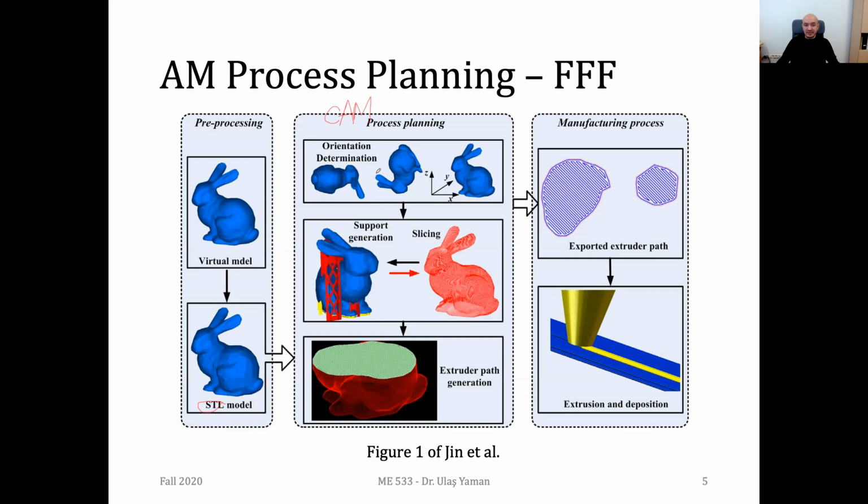We try to find the best orientation for printing since we may need to use support structures. The red ones are the support structures. Depending on the orientation, you may need more support structure or less, and sometimes in a specific orientation you may not need any support structure at all. So the orientation is highly important. And after you've determined the best orientation, you can generate the support structures if required and do the